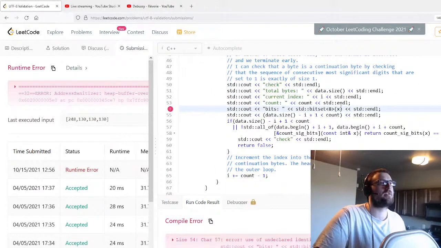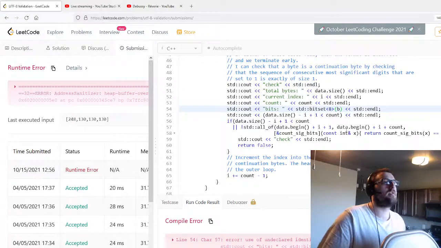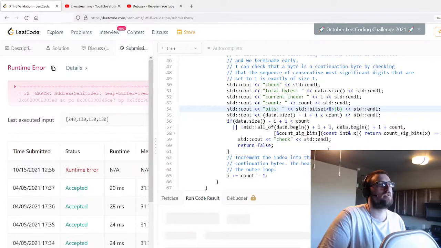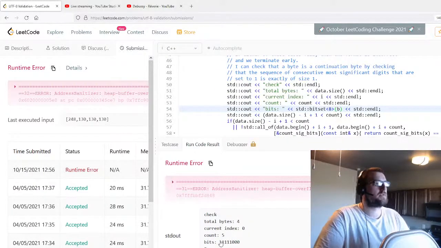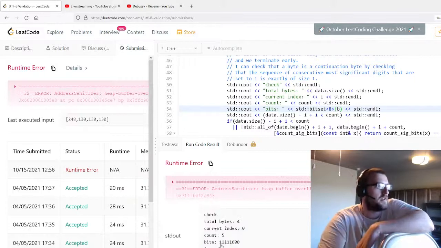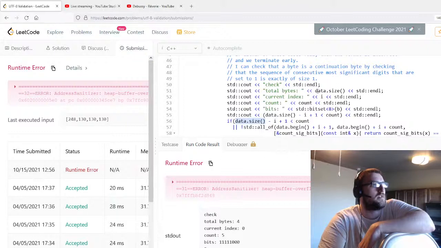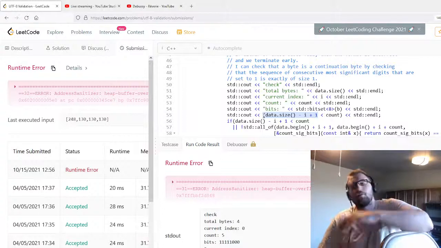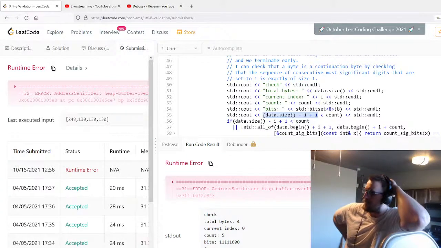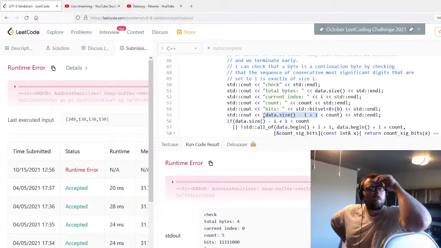Or B, excuse me. Oh, it is 5. Okay, excuse me. 1, 2, 3, 4, 5. Yeah, all right. If the data.size, which is 4, minus I, which is 0, plus 1. Oh. Are we not supposed to add 1 there? No,